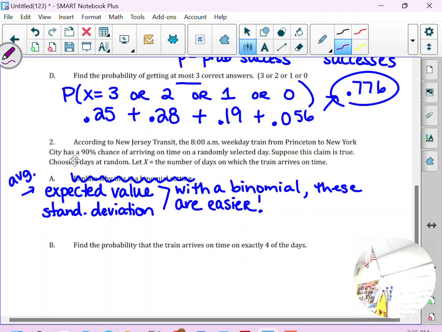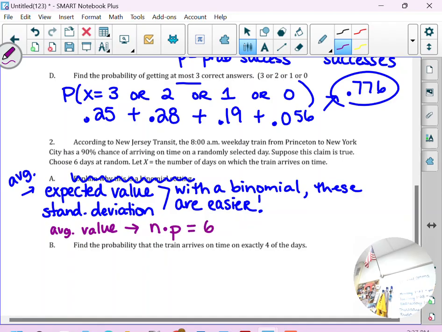Well, expected value, or average value, in a binomial problem, you can estimate by taking n times p. Now, that's such a great shortcut that sometimes you think, oh, I'm going to use that all the time. It doesn't work if it's not binomial. Like the Skittle thing, where it was like, are there 50 or 51 or 52 or 53? That's not binomial because we had all kinds of different possible responses. If we have something where our responses are counting successes, then yes, average number of successes, well, out of